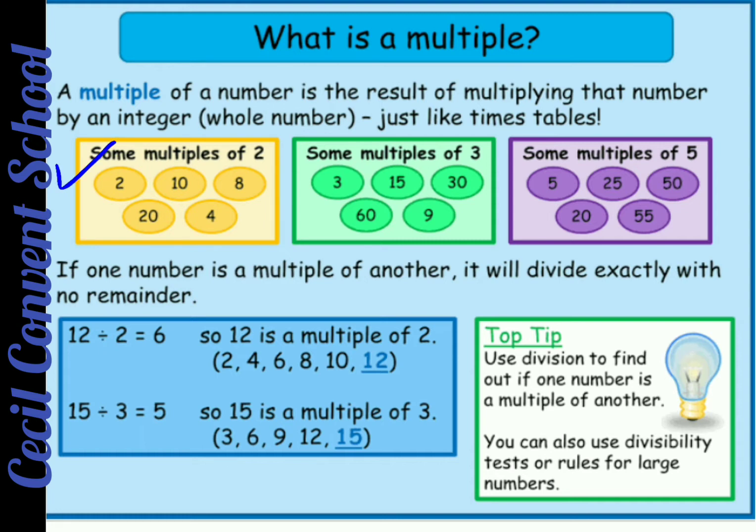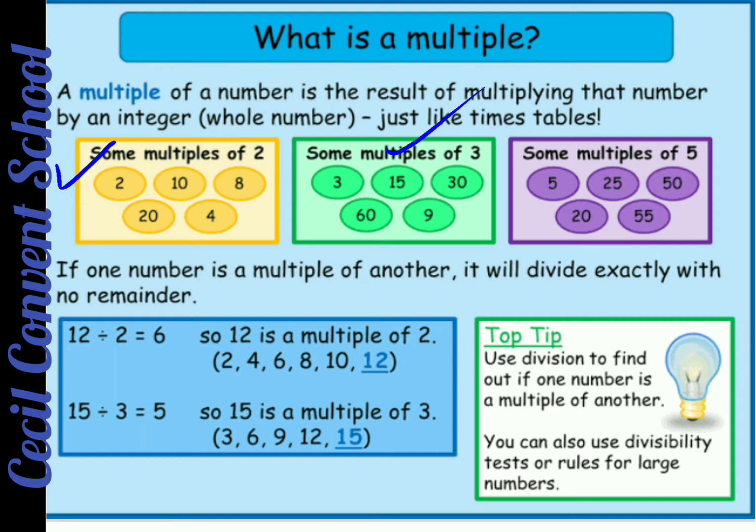So similarly, first see the first example. If I tell you to write down the multiples of 2, so what do you write? You write down the table of 2 only. If I am asking you to write down the table of 3, so what do you write? Multiples of 3 means 3, 6, 9, 12. All these are the multiples of 3.